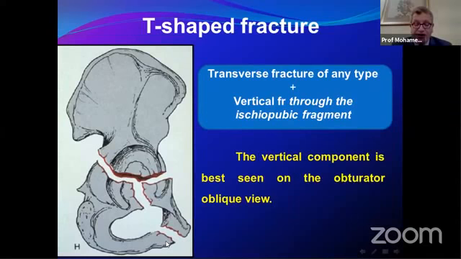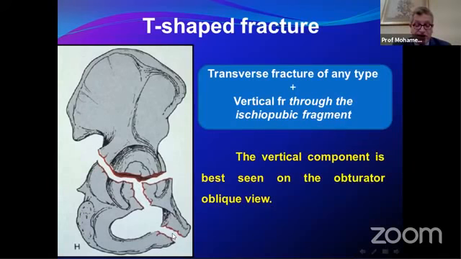How can I distinguish between the T-shaped fracture and the transverse fracture? Whether the transverse fracture is juxtatectal or infratectal, how can I differentiate it from the T-shaped fracture? The T-shaped fracture is a transverse fracture of any of the three types, plus a vertical fracture through the ischiopubic fragment. So this part alone differentiates the transverse fracture